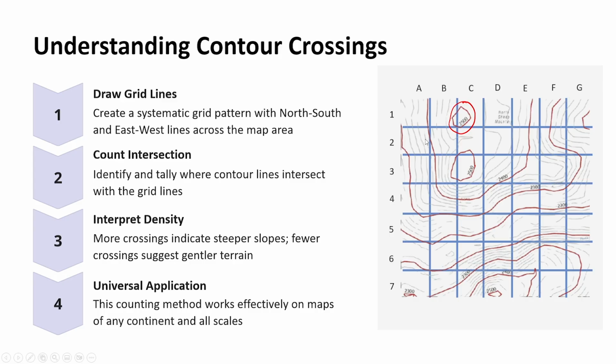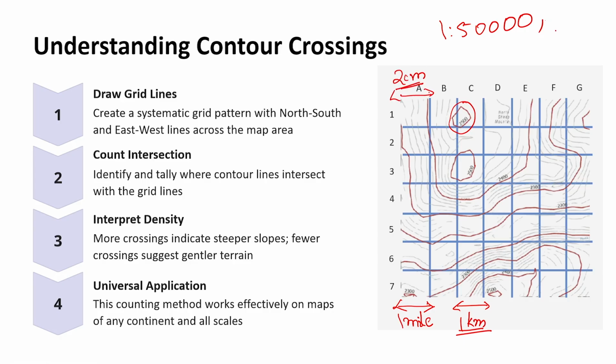Once we have traced our contours, we are going to draw a grid on them. As we mentioned earlier, grids are based on standard distance. It is either 1 mile or 1 kilometer. So, if your scale is 1:50,000, then your grid is going to be of side 2 centimeters,